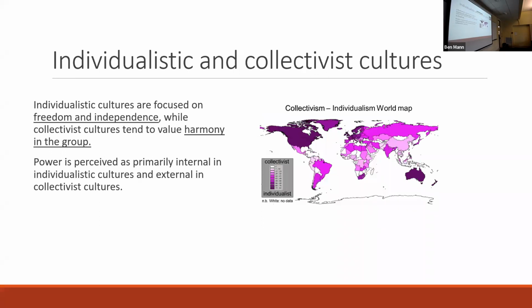So I want to talk a little bit about some of the ways that we can explore and think about culture. One of them that I alluded to last class is a spectrum that runs from more individualistic to more collectivist culture. So this map helps us to diagram a measurement of different cultures. The darker the color is, the more a culture is individualistic. The lighter the color, the more collectivist the culture tends to be. As you notice here, a lot of more individualistic cultures are those such as Australia, the United States, and Canada, whereas more collectivist cultures tend to be those located in South America, Africa, and Asia.